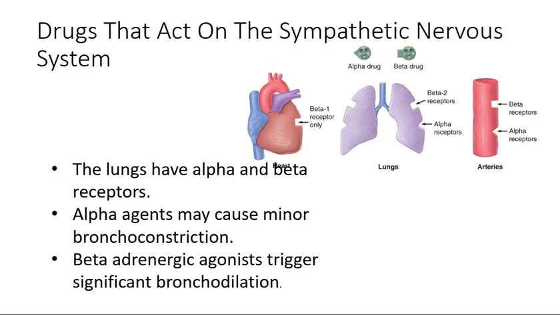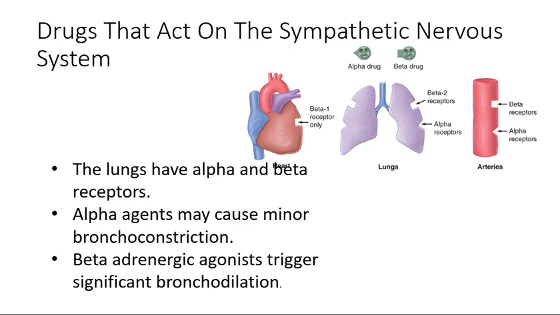Remember, what did I say? Capillaries, yeah. Remember, capillaries can dilate and constrict, okay? So when we give an alpha medication, it's going to cause constriction of those capillaries. When we give a beta blocker, it's going to cause dilation of those capillaries, and that could have an effect on the diffusionary process